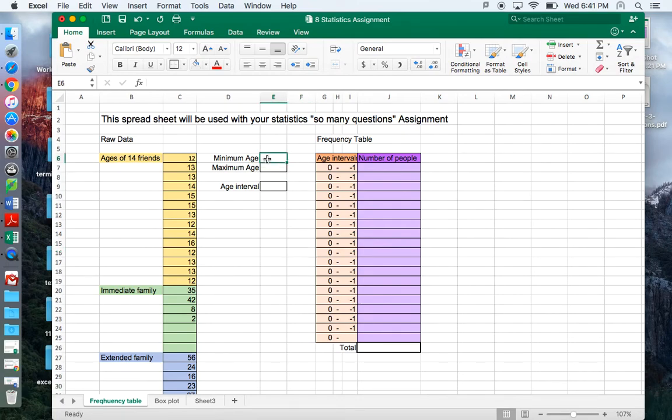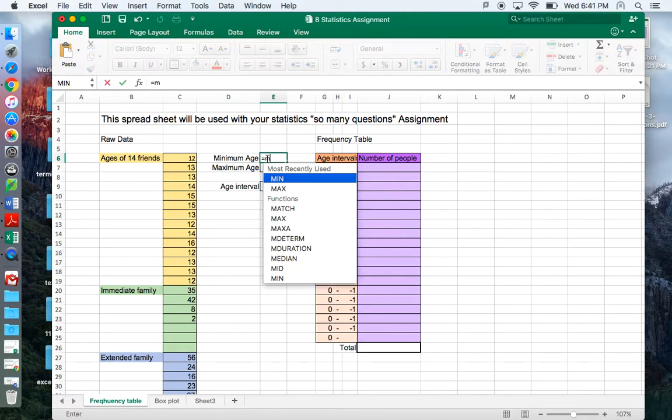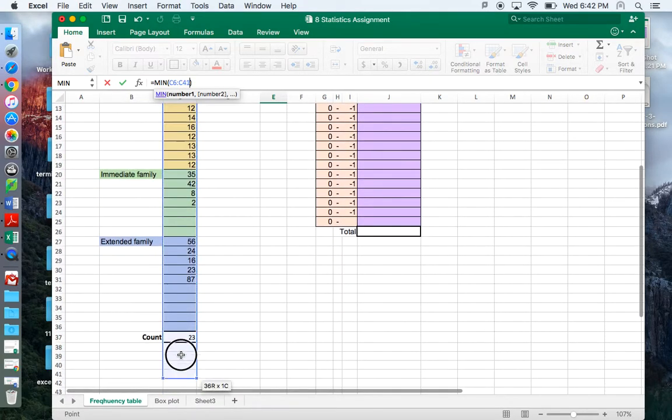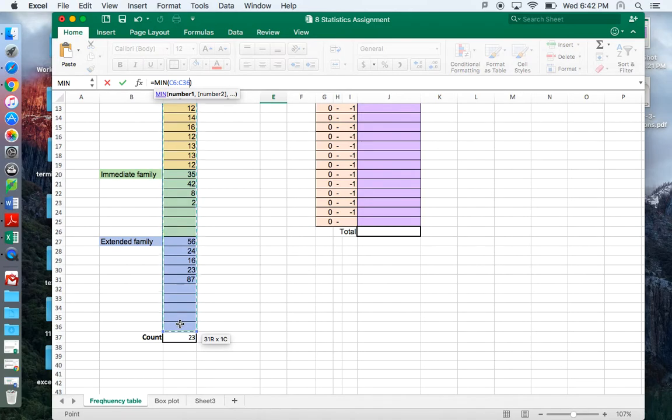So now we're going to have a look at the minimum and the maximum age. To do that, I'm going to type equals again, and I'm going to type min for minimum, and you'll see there's a function called min. I click on that function and it opens up the two brackets, and again I'm going to click from the top of my data through to the bottom of my data and hit enter,